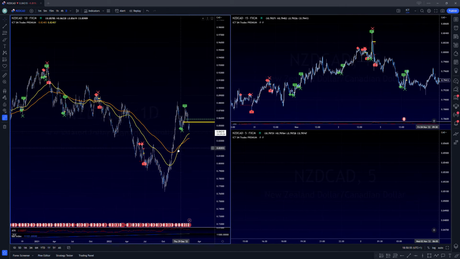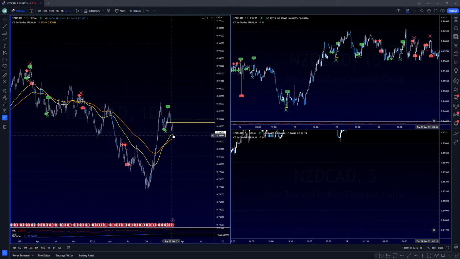Here is the cross, and from here, up until now, we would be in the long term because of this price going up. Okay,